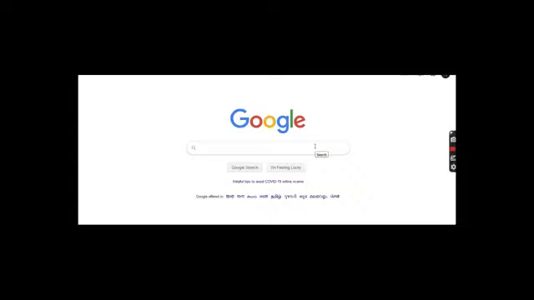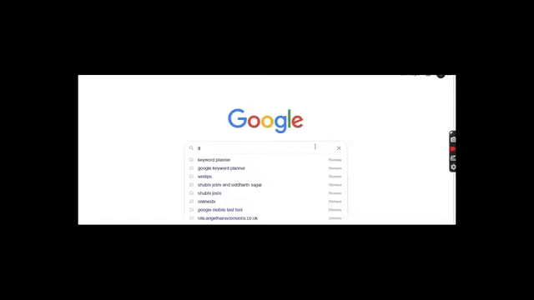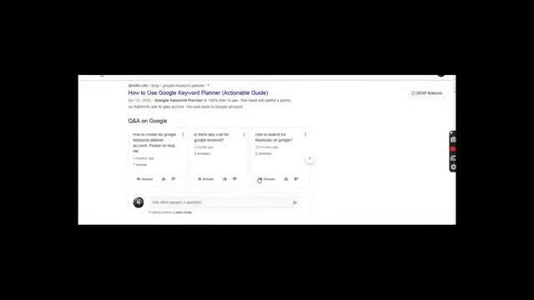So here we go. We are already in google.com. So let me type here Google Keyword Planner. Okay, we already have this. So we have the auto suggestion Google Keyword Planner. Now we are in the Google search results for the Keyword Planner. As you can see, there are a lot of search results. There are a lot of tools here, but we need to check the Google Keyword Planner tool, the official tool.